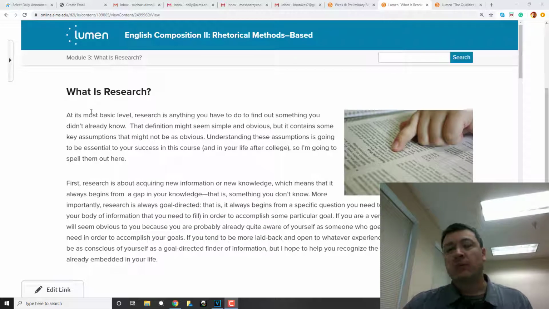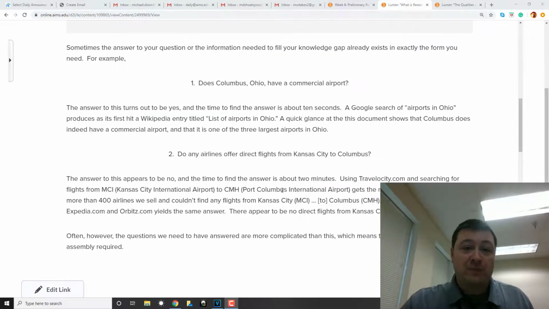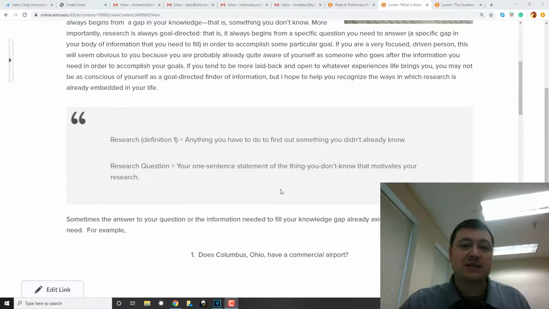And your first reaction is like, oh, that's just information you gather. And you're not entirely wrong. That's a pretty good answer. I mean, our class sources will say research is about acquiring new information, new knowledge about a topic, right? But this article is going to kind of go into how do you get